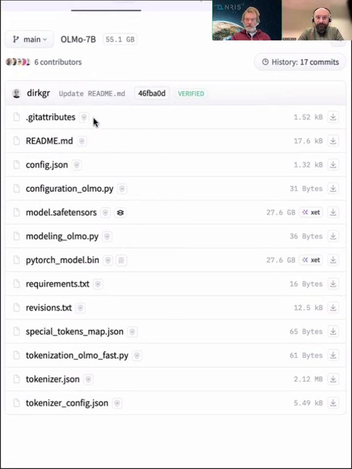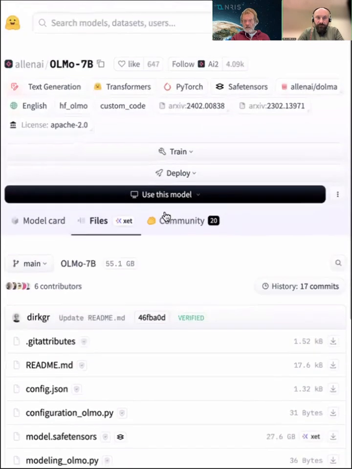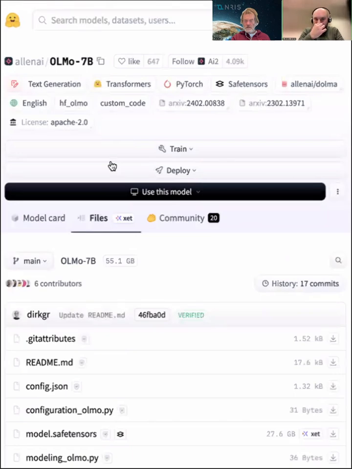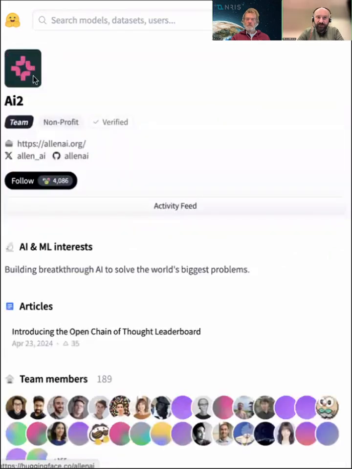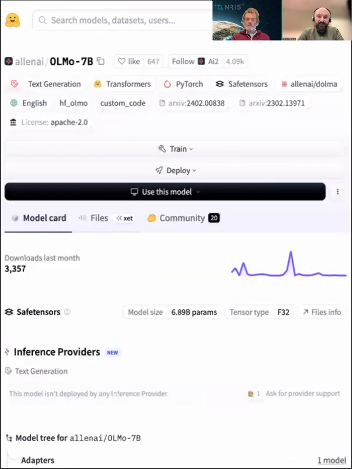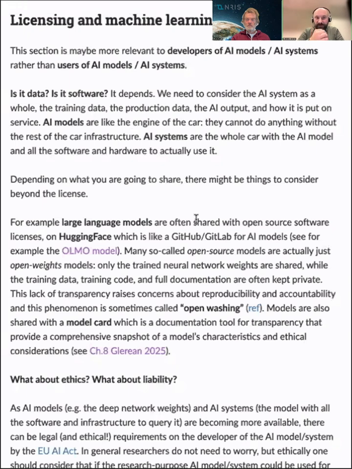The training data is there as well, you said? Yeah, so in their paper, I don't think the training data is in this specific link that I'm showing right now. This is just for the release of the model, but they also have a repository. I think they have it even in Hugging Face. Under this Allen AI, which is the Allen Institute. And actually this model was trained on the Lumi supercomputer, so it's one of the products of the EU AI factories. But anyway, back to the content.